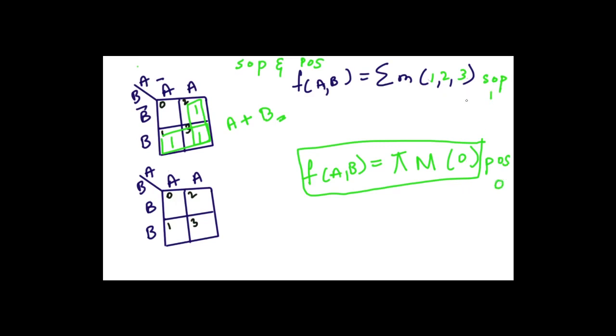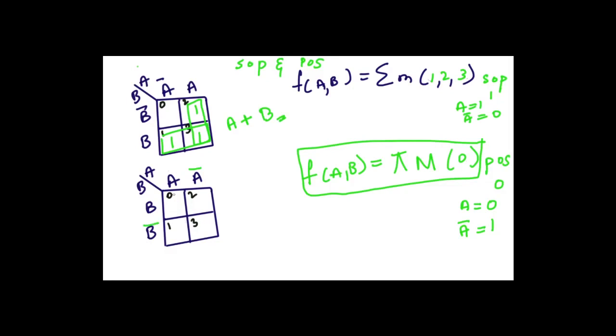That means in SOP, if you consider A is equal to 1, A bar will be equal to 0. Whereas POS is completely opposite of that. That means here A will be equal to 0 and A bar will be equal to 1. So while writing this two variable K-map, where you already had A bar, instead of A bar I'll write it as A. If I have A here, I'll represent it with bar. Next here I have B bar, so here there is no bar, whereas here this is B, that means this will be bar.